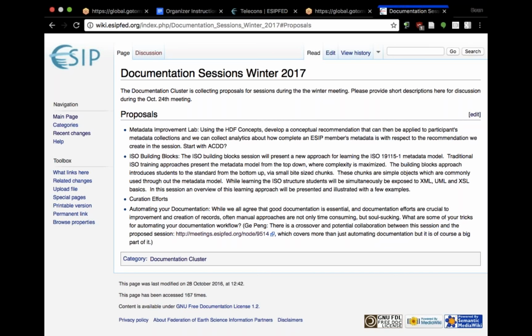The first 2 proposals that are listed here, the Improvement Lab and the ISO building blocks, are going to be combined into a session that is going to be directed at showcasing ways that the ESIP Wiki is used as a place to provide documentation guidance.